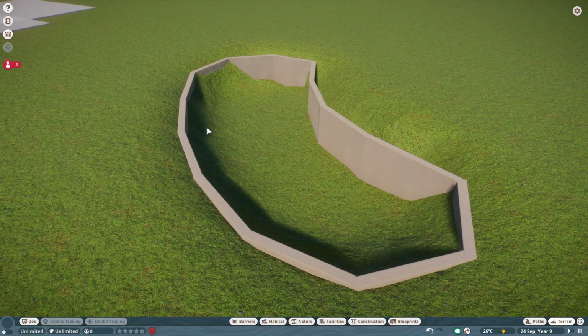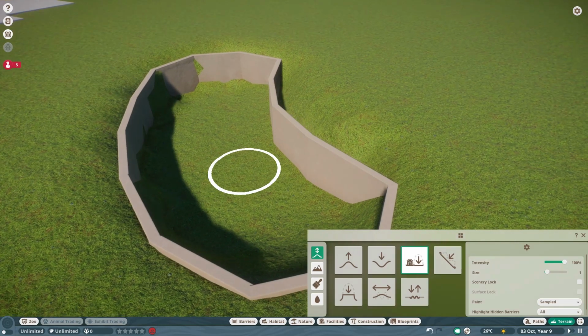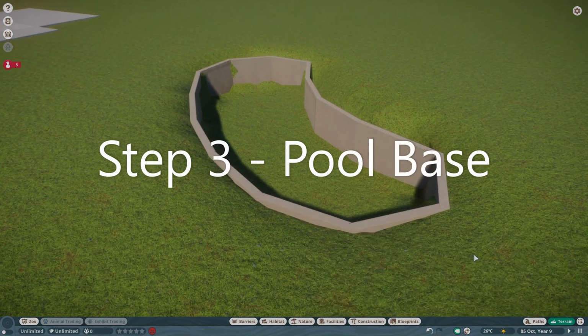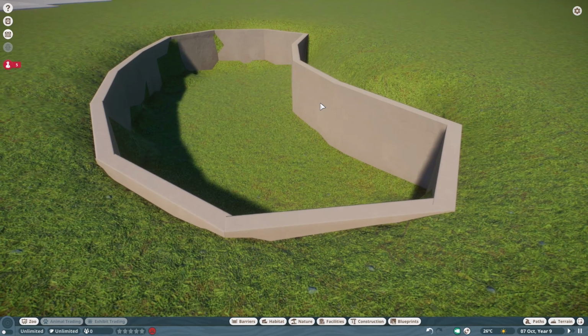So you then need to decide what your actual edges and your angling you want. Obviously straight edges are a bit more difficult, but if you want sloped edges, it's a bit easier in terms of the terrain around the outside. So you can do, if you flatten that again, we can decide on whether we want quite a shallow pool or a steep pool, and the actual base as well. So if you decide, I think I want quite a shallow pool, maybe halfway down this,